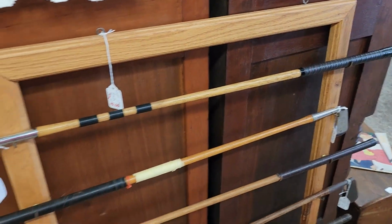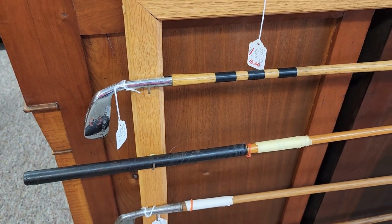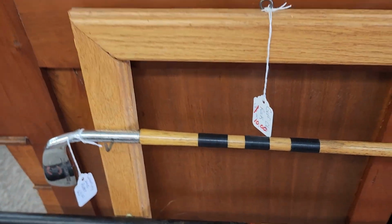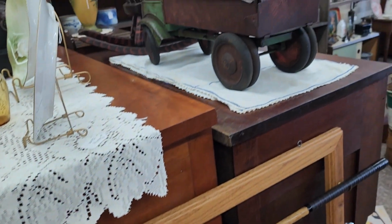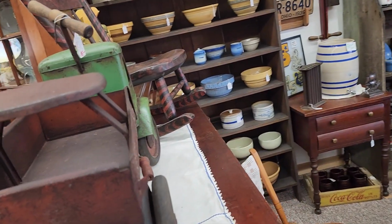It's a framed access panel, and look at how they have the golf clubs displayed. So now I've got to find hooks like that in order to be able to display the golf clubs that he had found